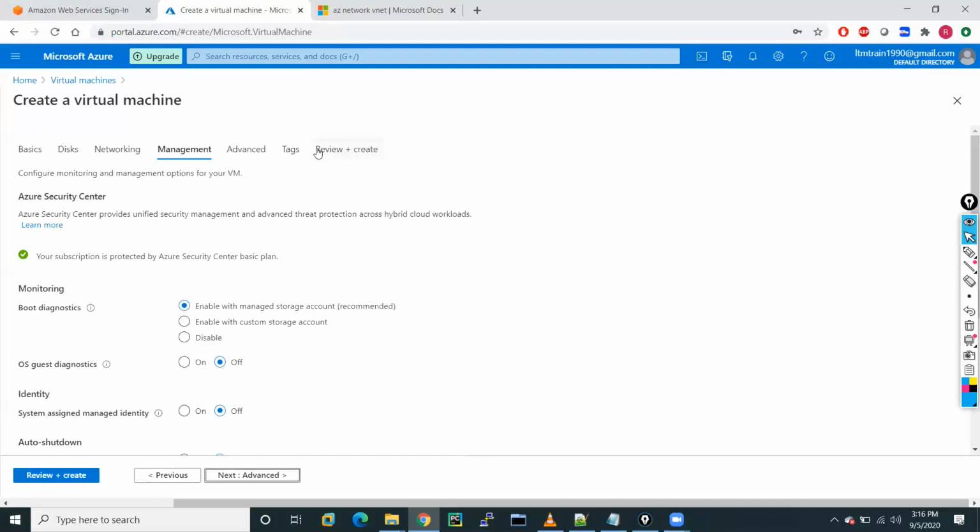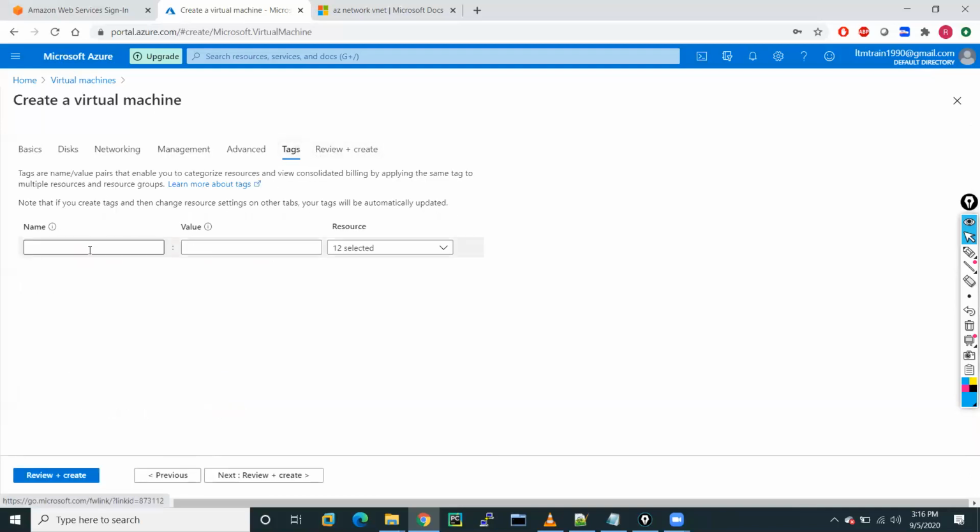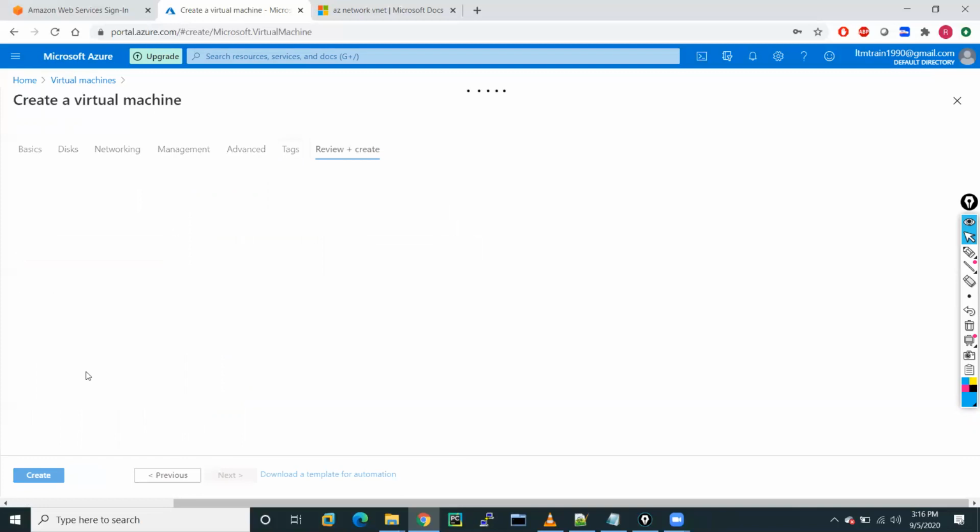I will use all the default options. I only want to add a tag here: purpose equals demo, and create. It is just reviewing, and it will create some kind of script in the background.